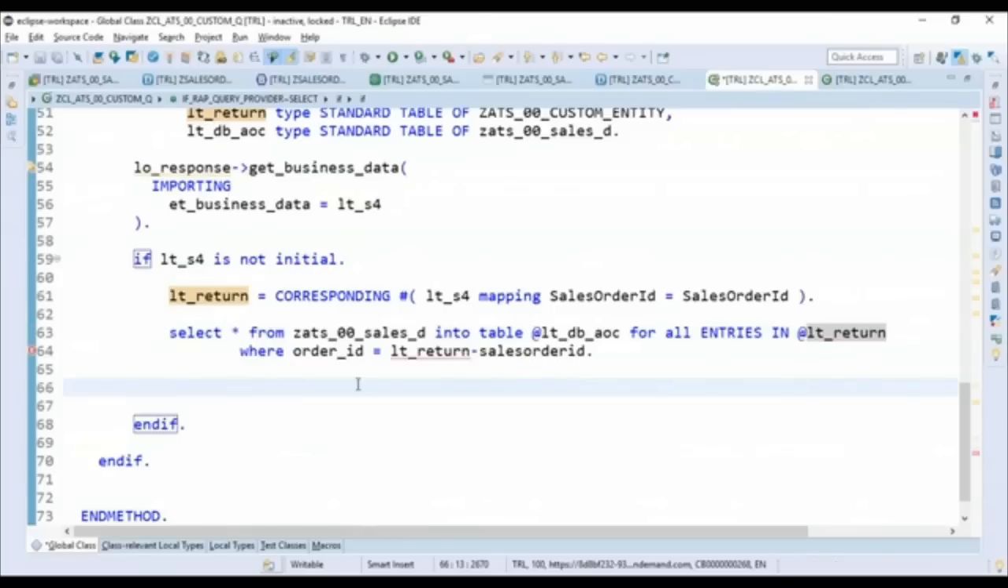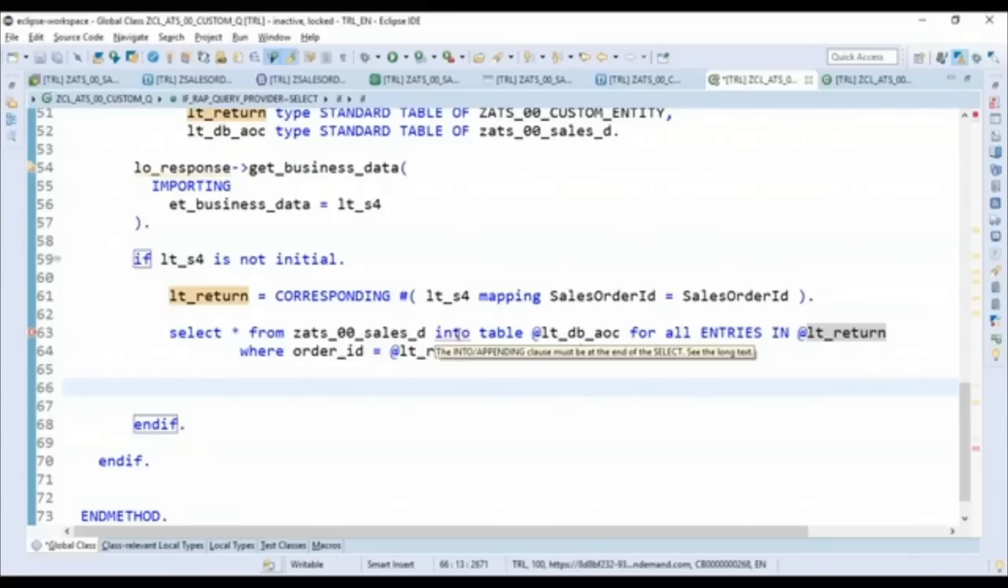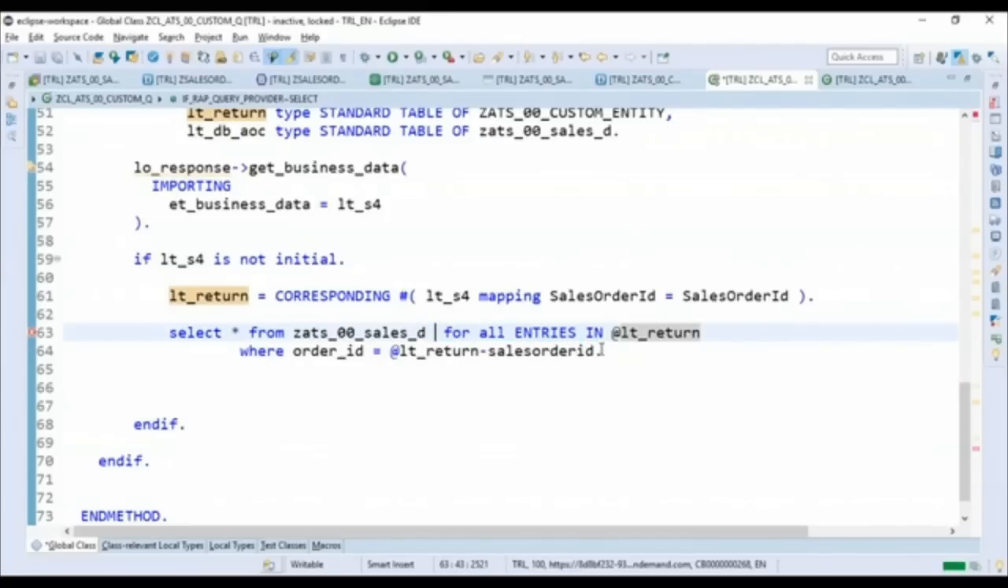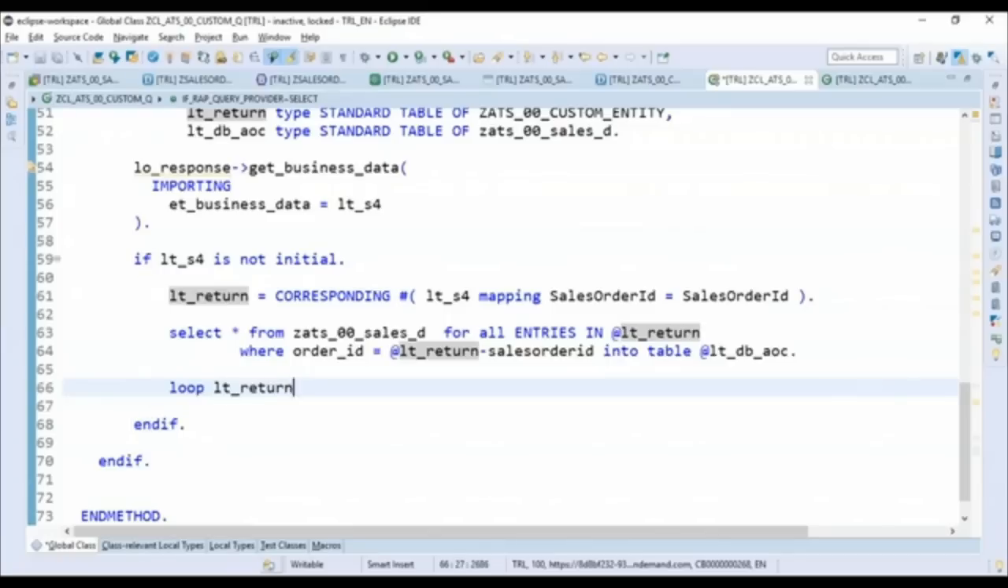Escaping of host variable is mandatory as part of new ABAP syntax for select query. Into clause must be at the end. Okay, do that, no problem. Yeah, my query looks good. So we're selecting only the sales orders and their corresponding discounts for this table, and now it's time to loop over these records of the custom entity. LT return, just loop over LT return